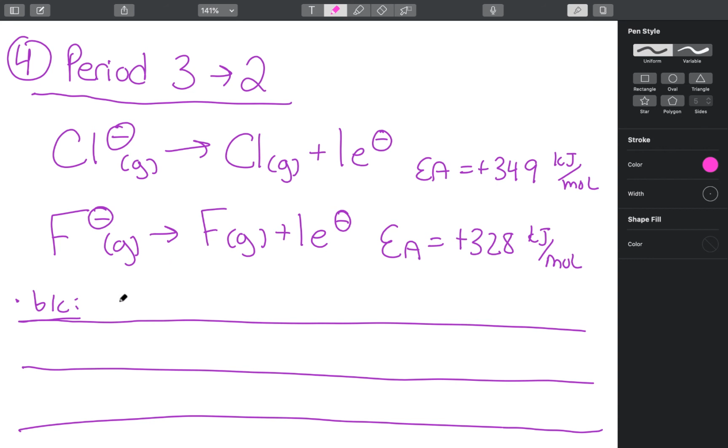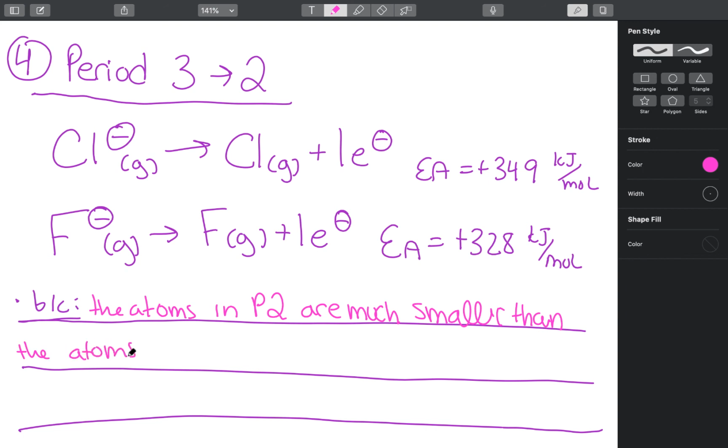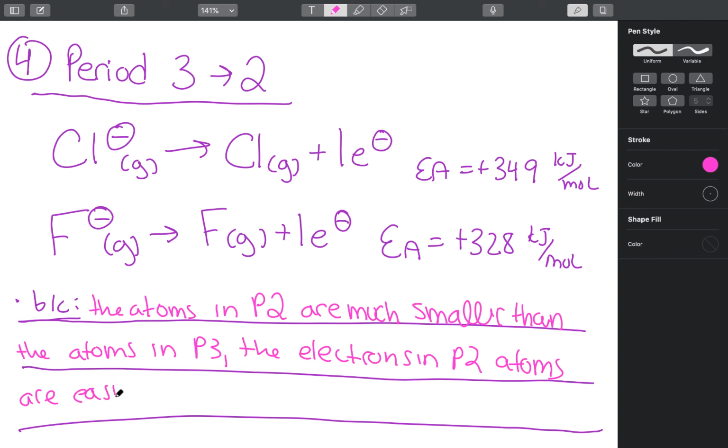Because the atoms in period 2 are much smaller than the atoms in period 3, the electrons in period 2 atoms are easier to lose than electrons in period 3 atoms